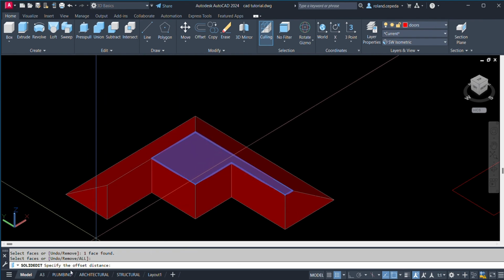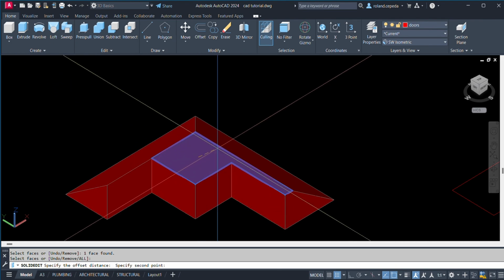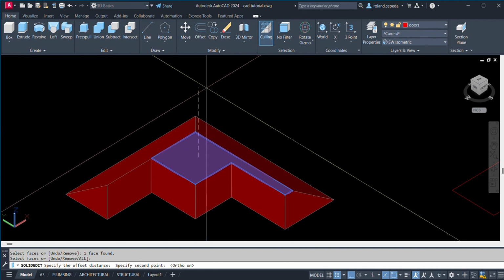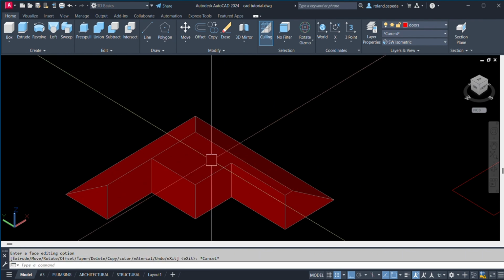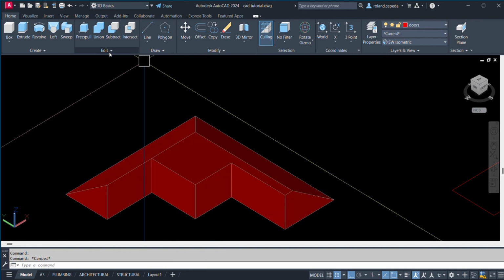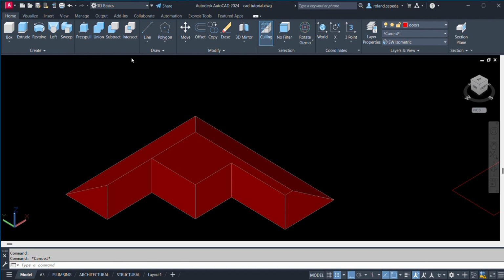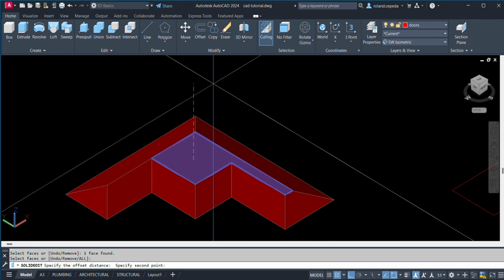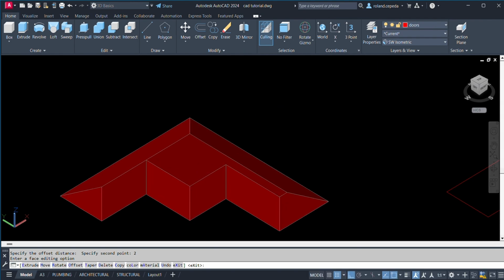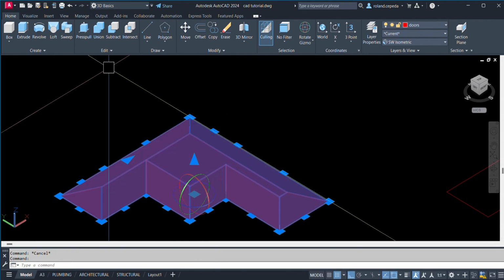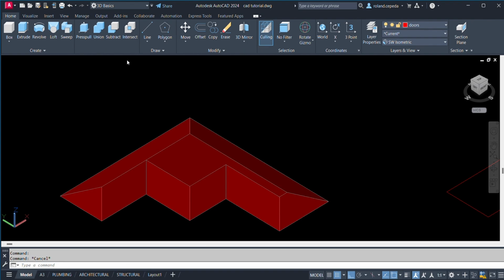From the command line, you have there specify the offset distance. So I'll just type 2 meters and then let us repeat, offset faces, space, and then offset distance, let us say 2. Let's repeat.